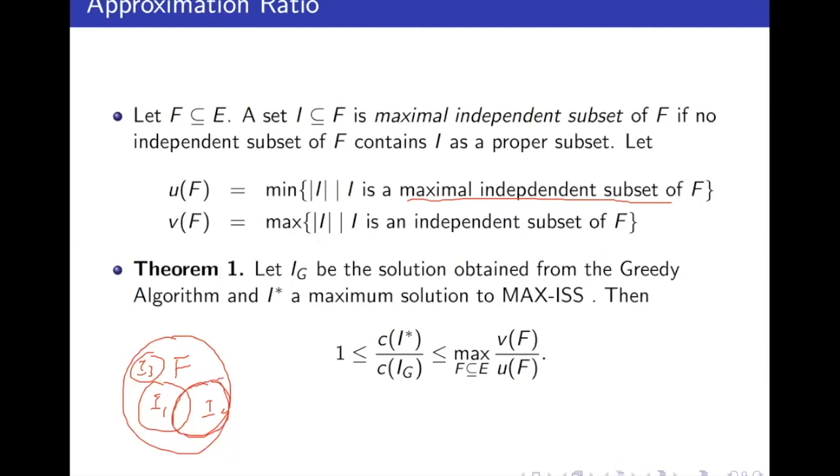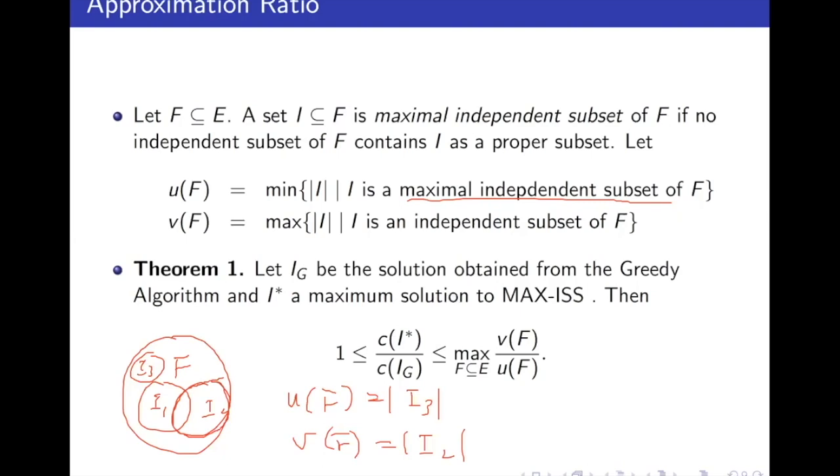In this case, UF is I3, which is smaller. I2 is bigger than I1, so this is VF, which is I2. So we let I sub G be the solution obtained from the greedy algorithm